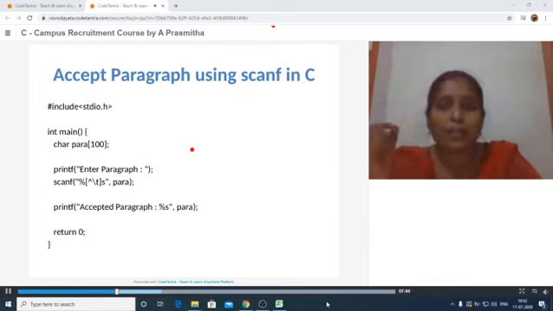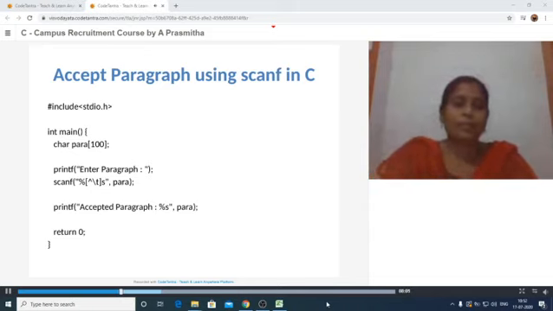When you are trying to read a paragraph, it contains spaces, and it also sometimes contains newline characters. So we need to accept all those things and then run the program so that it can accept the whole paragraph. For that we are using a trick, something like this. I am going to show you here.